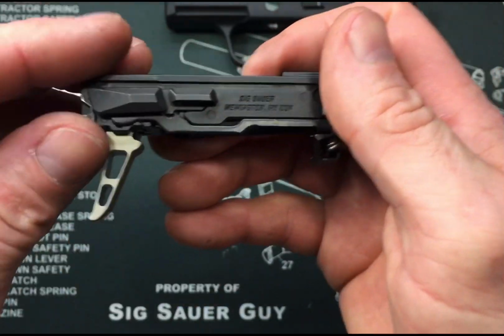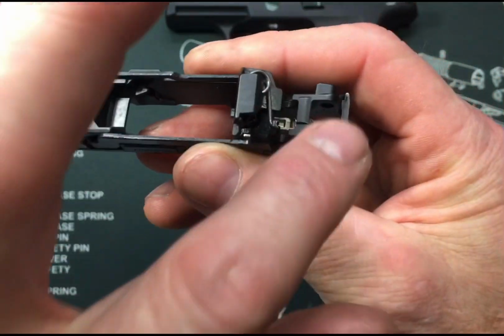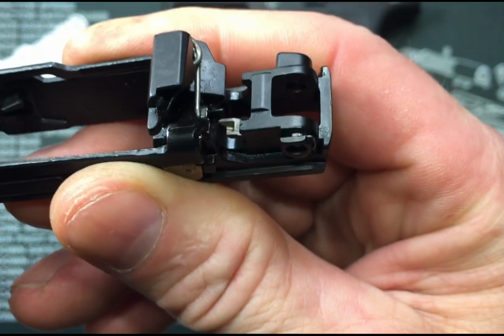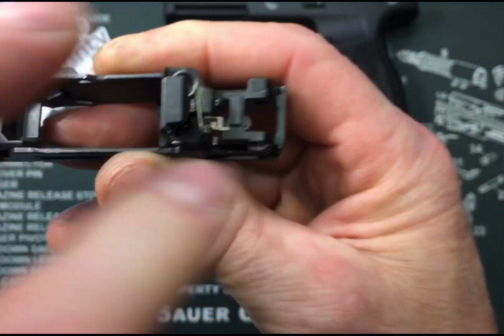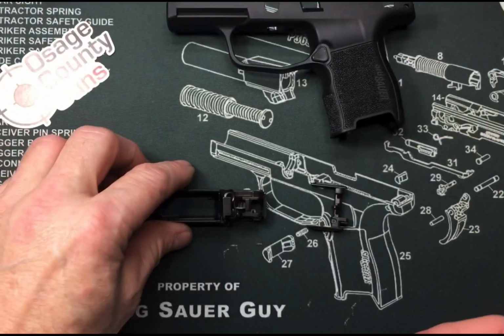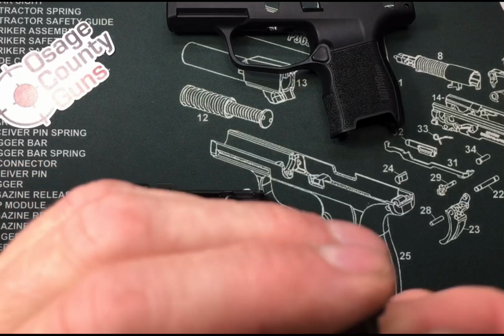Okay, so we need to do that. And then throughout inserting this, if we move our trigger, you can see how things kind of move. It makes it fall because it spreads things apart. It actually makes that lever go right down inside there fairly easy. So the first thing I'm going to do is